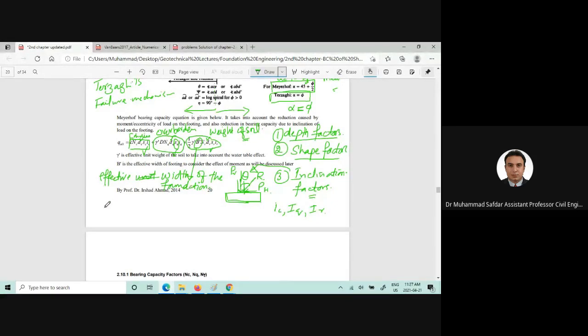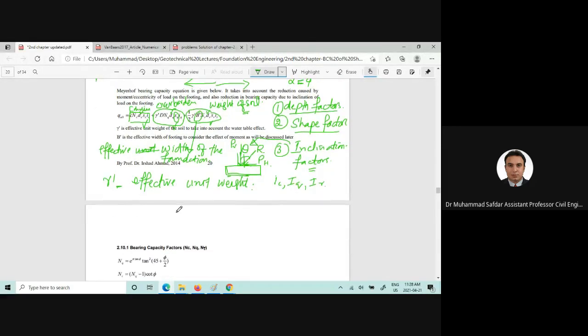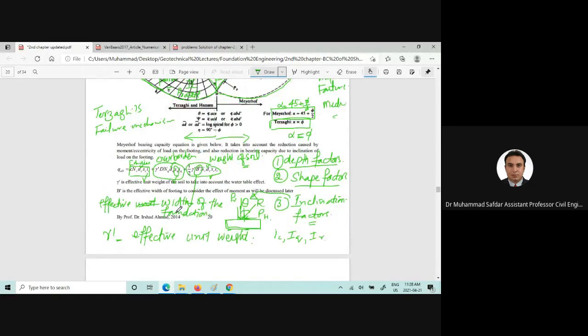And gamma prime is the effective unit weight of the soil. Now, Meyerhof also